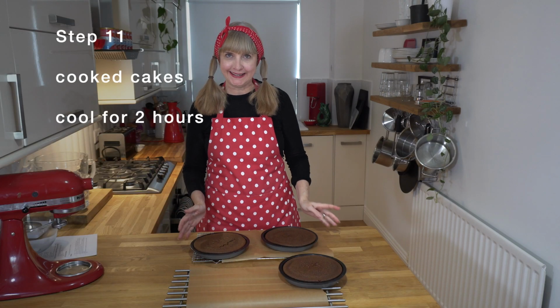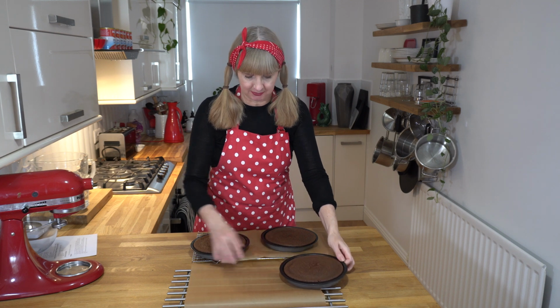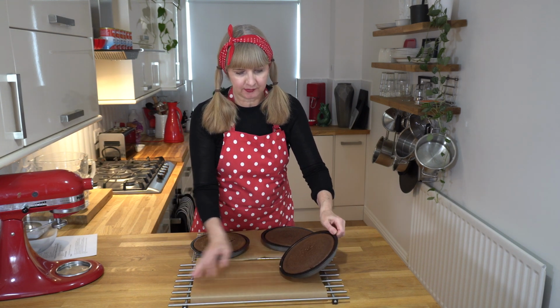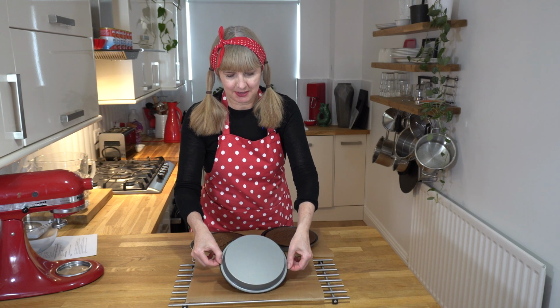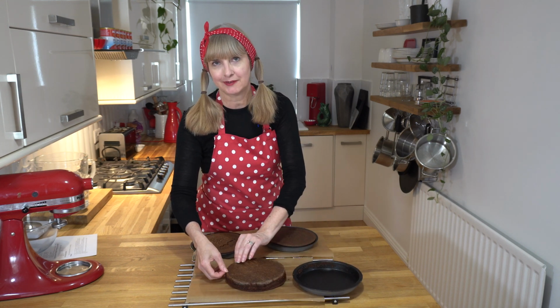So my chocolate cake layers are all cooked and I've had them sitting here for about 10 minutes. And I'm just going to turn them out onto some baking paper and my cooling trays. But I'm just going to try and get them out of the tin and sit them upside down to totally cool. And when you sit them upside down,